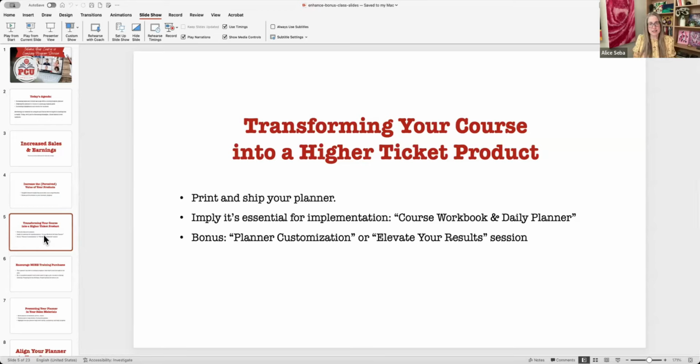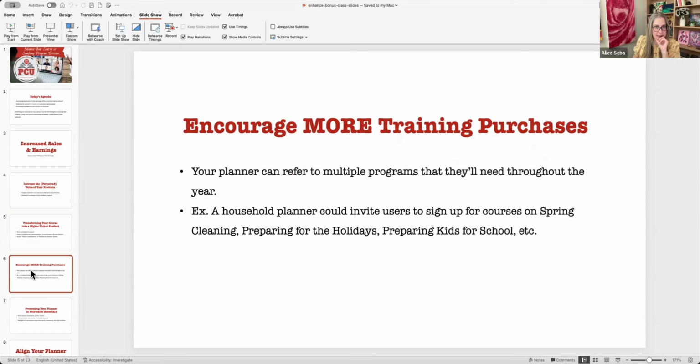Or it could be just, if you ship out the planner, a session that you do with them to help them elevate their results and show them how to use it. Walk them through how to use this planner to become an integral part of their life and to help them achieve their goals. All right, so